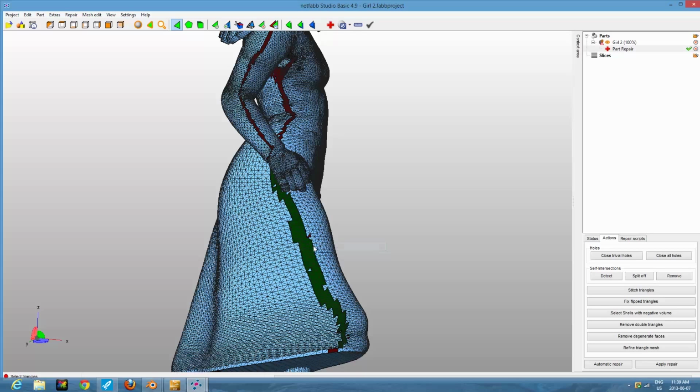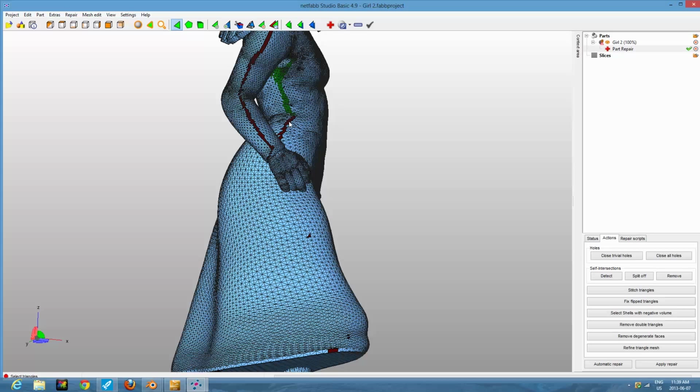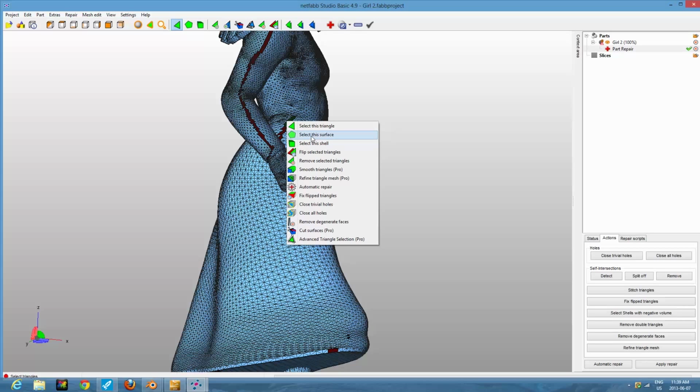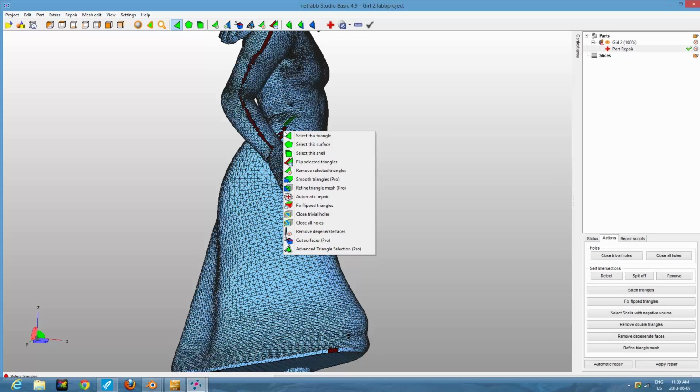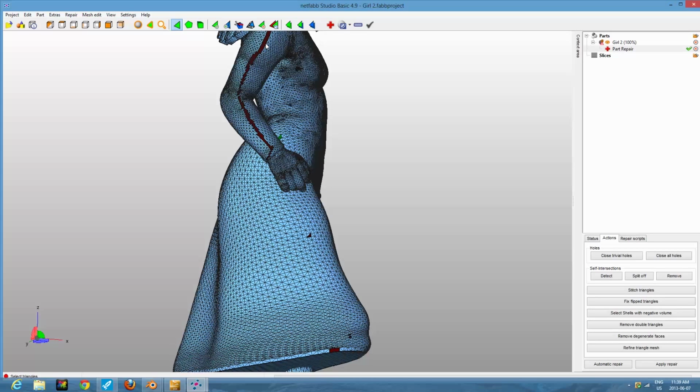So select the surface and flip those. So we got to go through and select these surfaces and then flip the triangles. So I don't know if that just happened when I was mucking around showing you guys how to, because this didn't happen last time, but anyways, so I guess for purposes of the tutorial, I don't know if I have to go through this